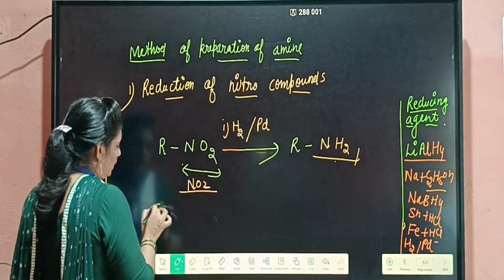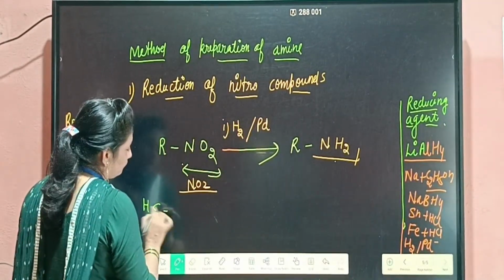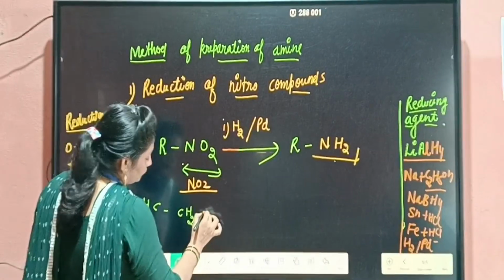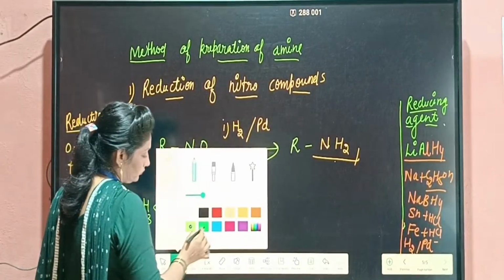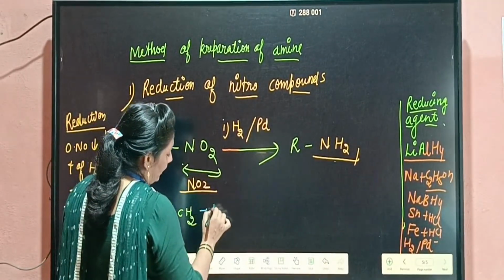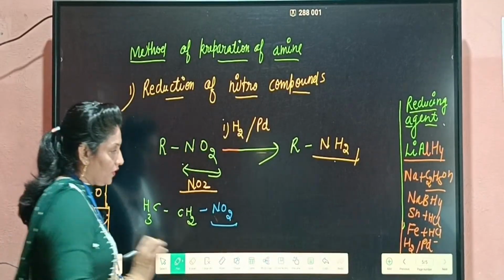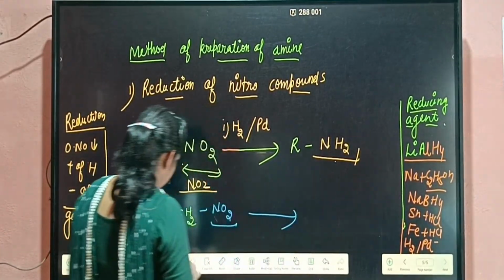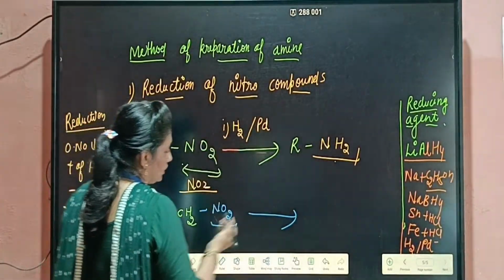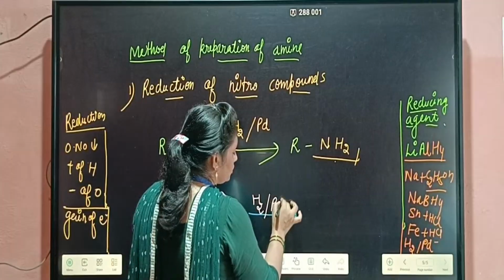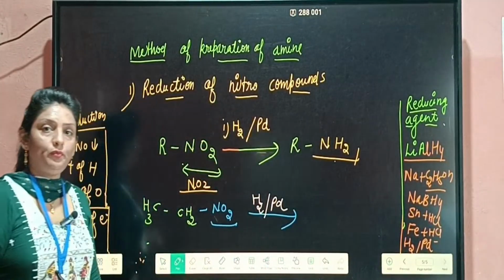For example, if you are having CH3CH2NO2, and the reducing agent given is hydrogenation in presence of palladium,